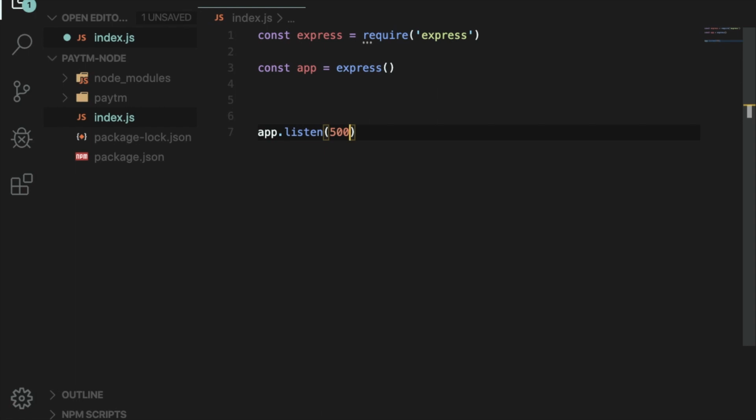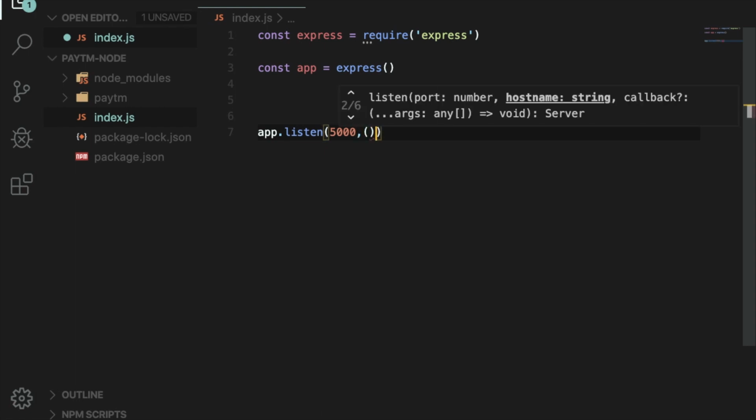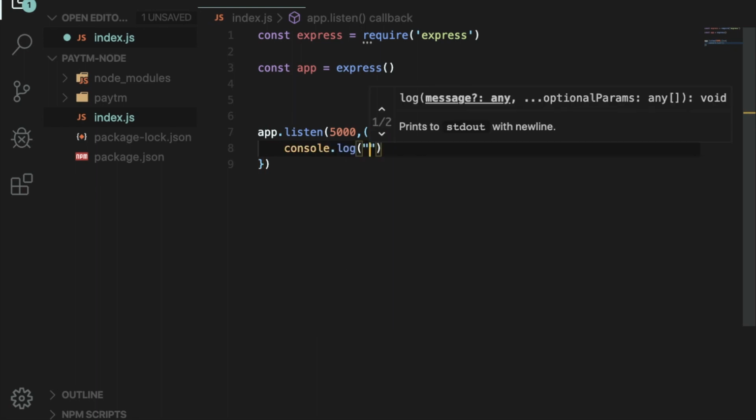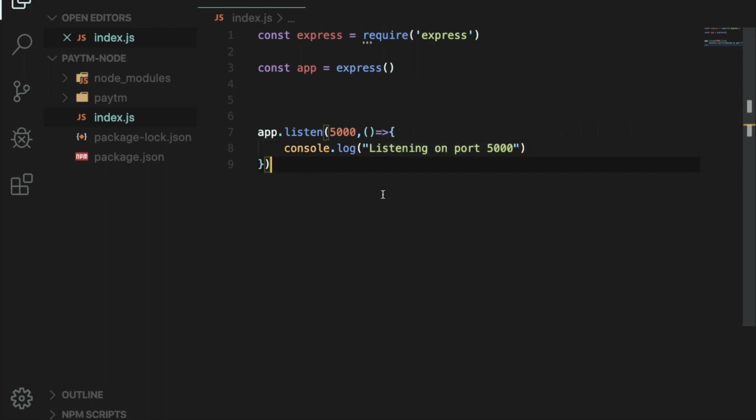So I'm giving the port number as 5000, and then just give a callback function here, and it will just console after starting the server, that is the server has been started at 5000 or listening on port 5000. Alright,